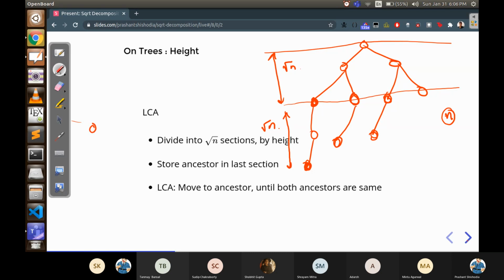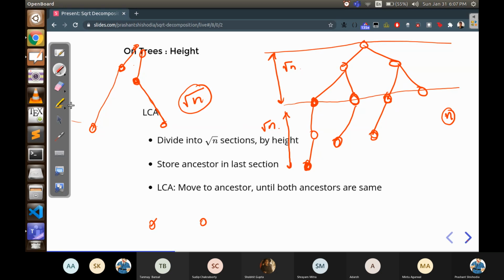Whenever I have any two vertices, I can check if their root n ancestors are the same. If they are not the same, then I can move up, and then I can again check it, until they are the same. I can decrease my depth by root n again and again, and I'll have to decrease my depth at most by root n. Whenever they are in the same block, I can then just brute force, when I don't want to move to the next block.